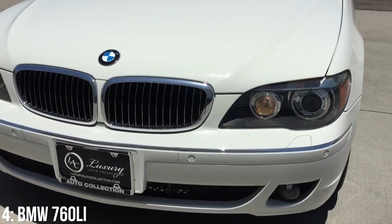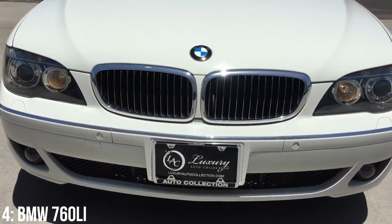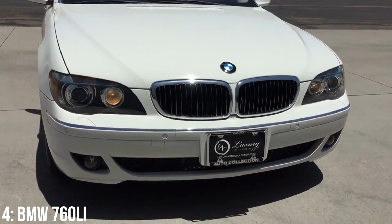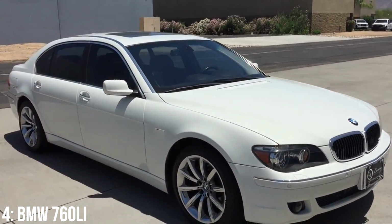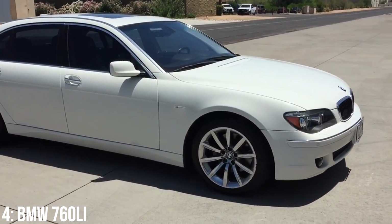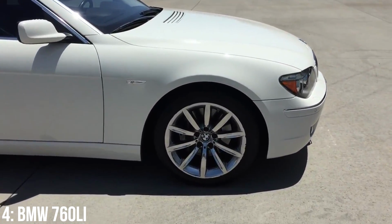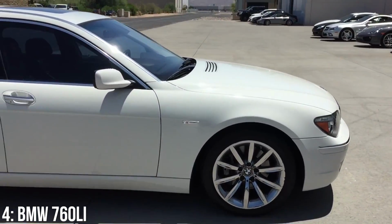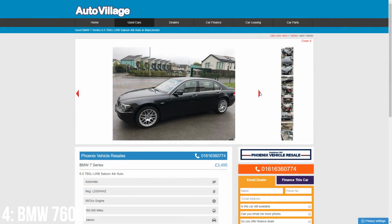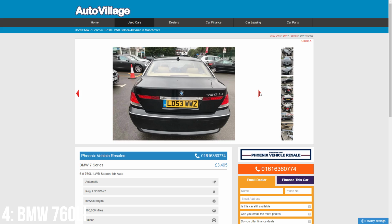The 7 Series was the first to use the iDrive infotainment system, which centralised numerous car controls, making life quite pleasant for the driver. It also had numerous technologically advanced features to compete with the S-Class of the period, like the automatic soft close doors and boot, as well as the 2 fibre optic networks to increase system speed within the car. I've seen these V12 7 Series listed for as little as £4,000 with high mileage, but